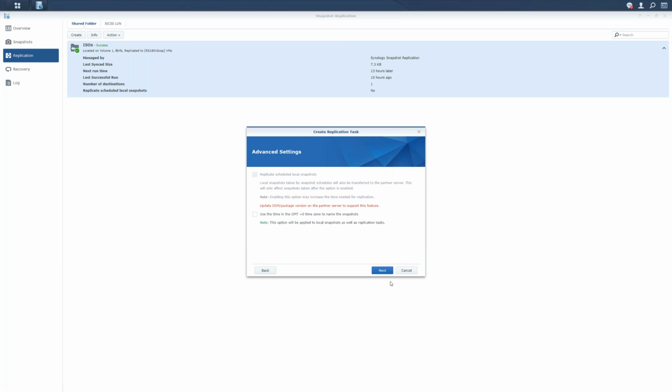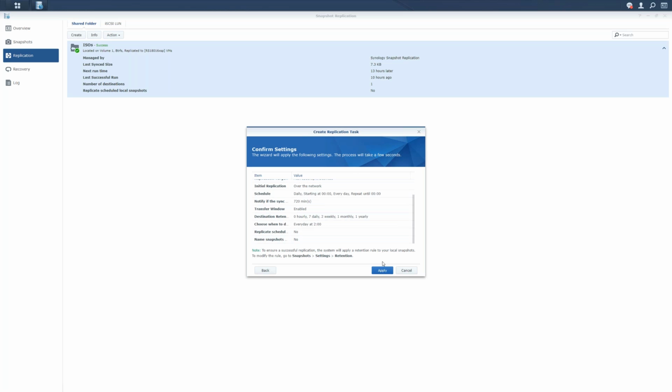And unfortunately, my lab machine is not updated, but we did recently add a feature that allows you to replicate the local snapshots. How this is different than normal is the way it works in previous versions: when you replicate, it takes a snapshot at the point of replication and then replicates that. You can actually replicate the local snapshots, which means everything is going to be exactly the same from your original server to your destination server. Replication was already an awesome feature before we added this, and now we're taking it to the next level and making sure that your data is completely consistent if you want it to be.